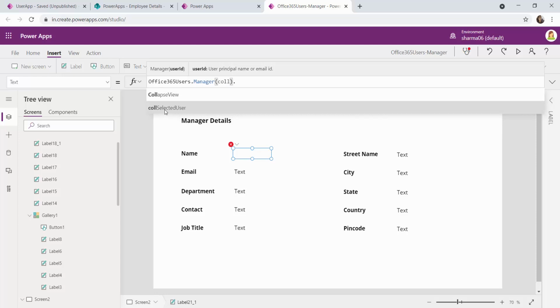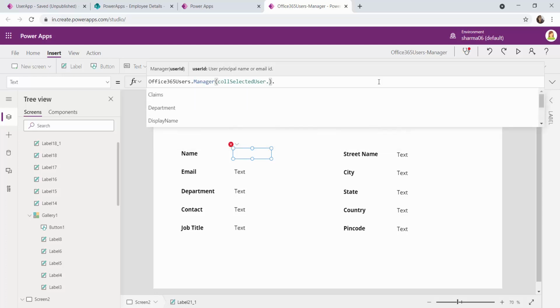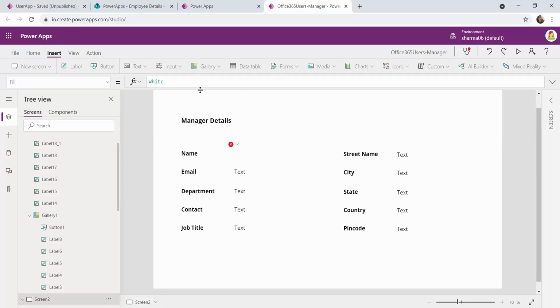So these are global variables, global parameters that you can fetch between screens. So this dot, and you can see these are the record details that are present inside our current mail value. Here I'm going with email,